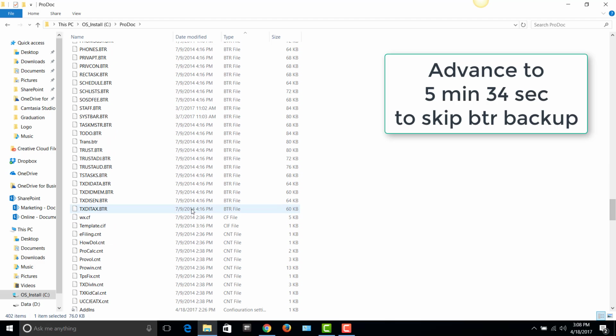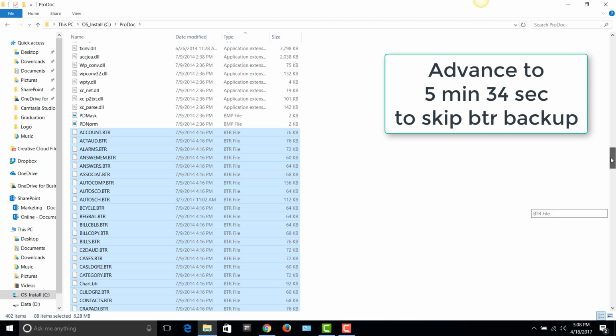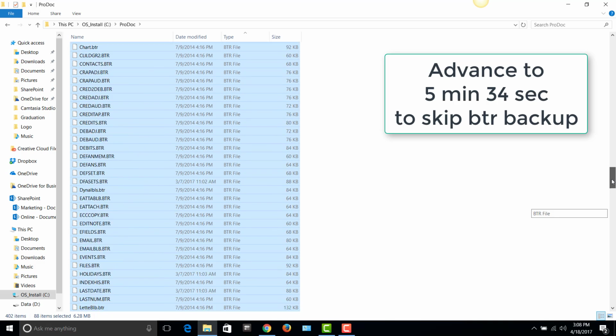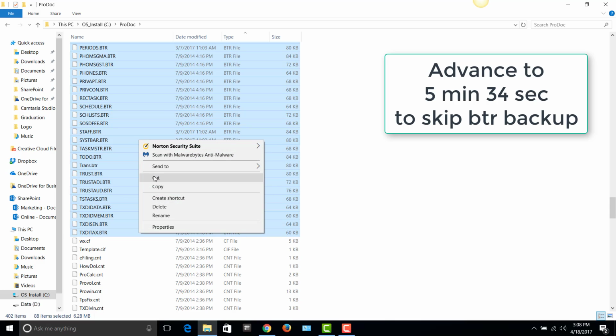So what I'm going to do is click, not double click, just click on the very first BTR file, which is account.btr, and then scroll all the way down to the last one. While holding down my shift key, I'm going to click the last one, and it's going to select them all. And then what I can do is just right click, copy,